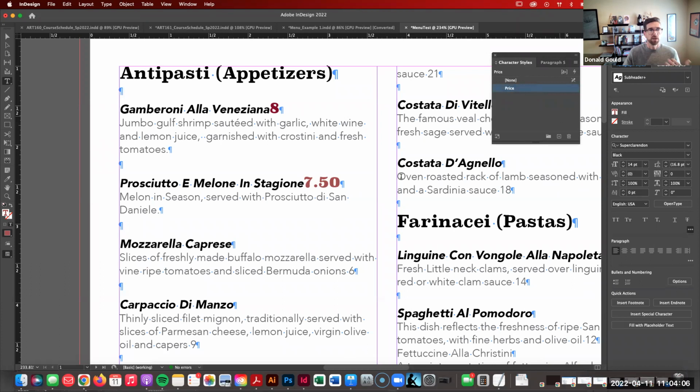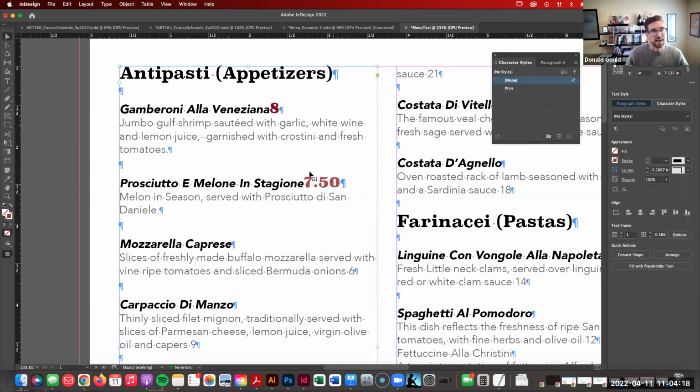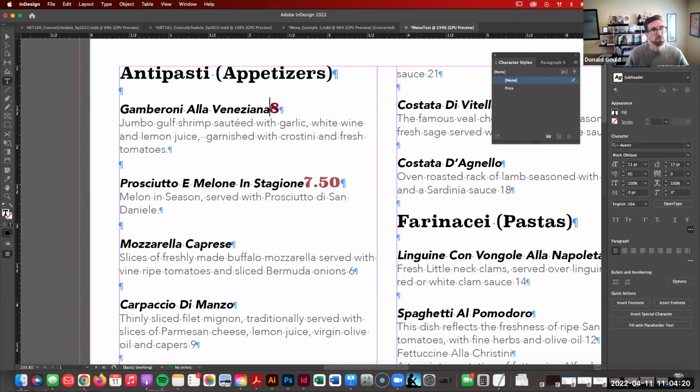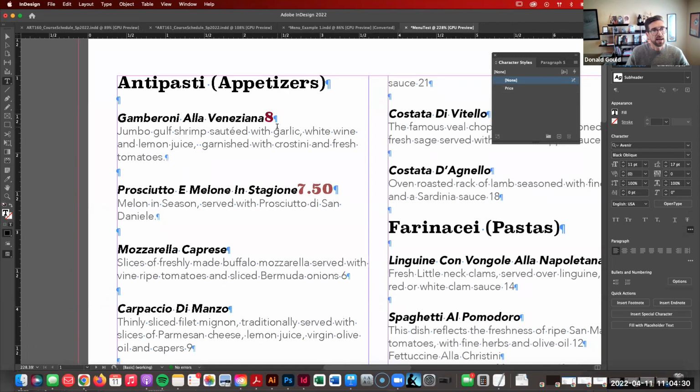You don't need to have a ton of them, but having a few of these will allow you to separate those within the space, right? You can utilize those much easier and apply those. The last thing I want to look at is the tabs here. So let's say we wanted to bring this price all the way out here to the end, right? Instead of using some sort of spaces or something like that to do so, we can use our tab features